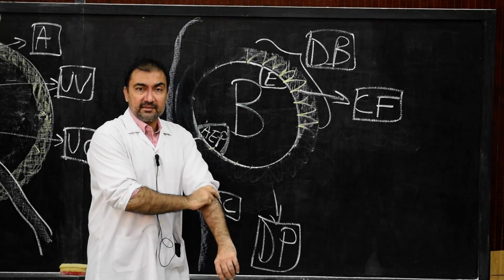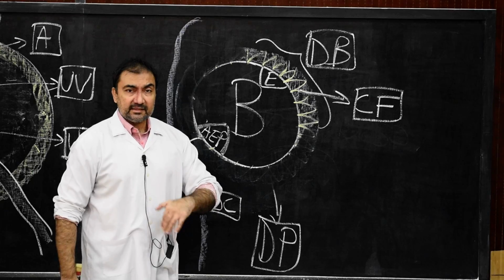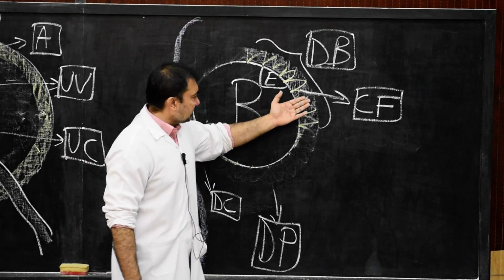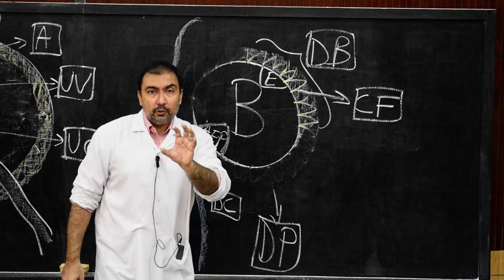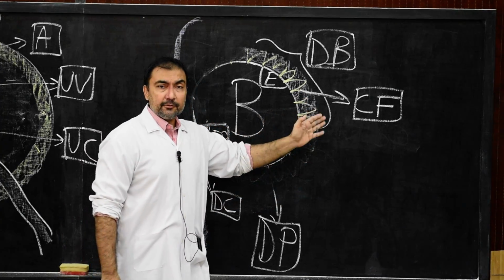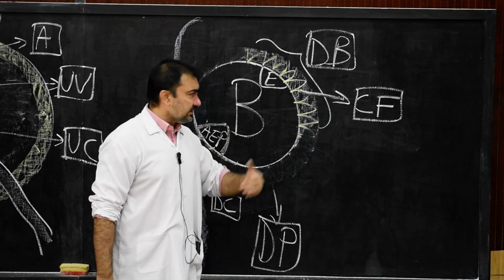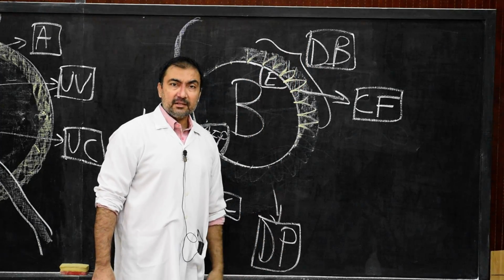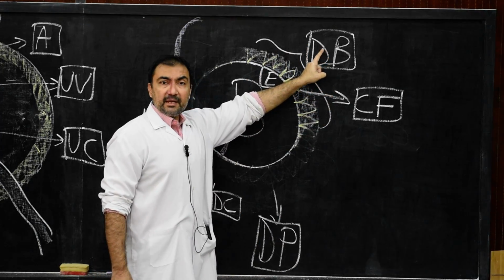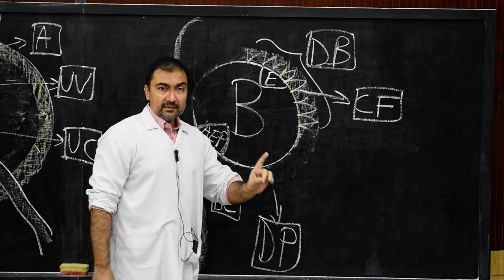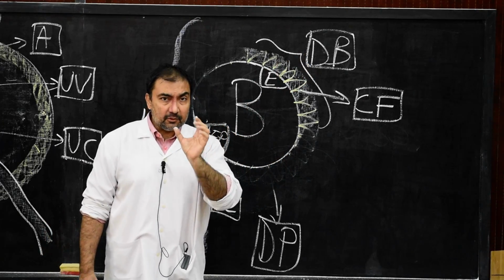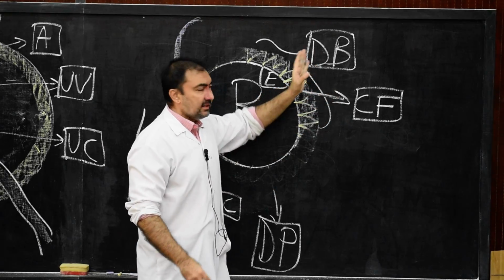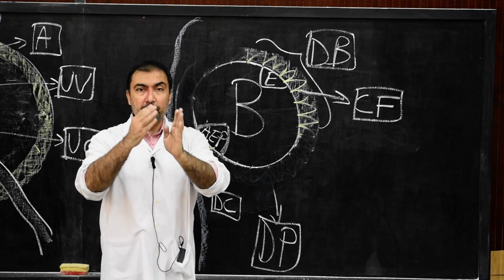This is a 1 mark question answer. Chorion frondosum signifies what? The chorion frondosum signifies the chorionic villi which remain in decidua basalis. So chorion frondosum is the fetal part of the placenta. And what is the maternal part of the placenta? Decidua basalis. So there is a beautiful statement given in the books that chorion frondosum of the fetal part will join with the decidua basalis of the maternal part to form the human placenta.